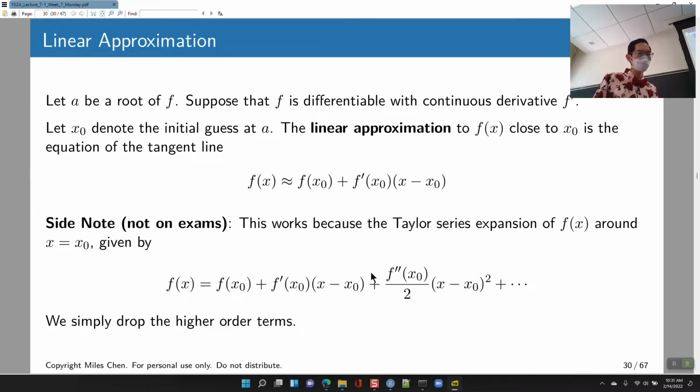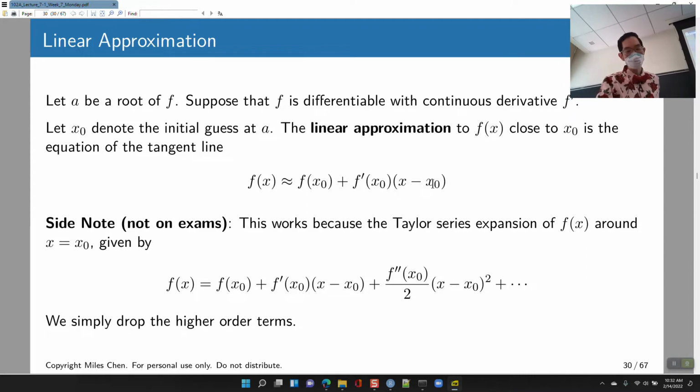So this is how it goes. Let's say a is some root of the function f, and we're going to assume that f is continuous and differentiable. And we're going to just say, let's start with some value x0. This is going to be our initial guess for the root, a. And so the linear approximation is equal to the tangent line, which is the value of f at x0, plus, basically, like point slope form, the slope at x0, times how different you are from x0,